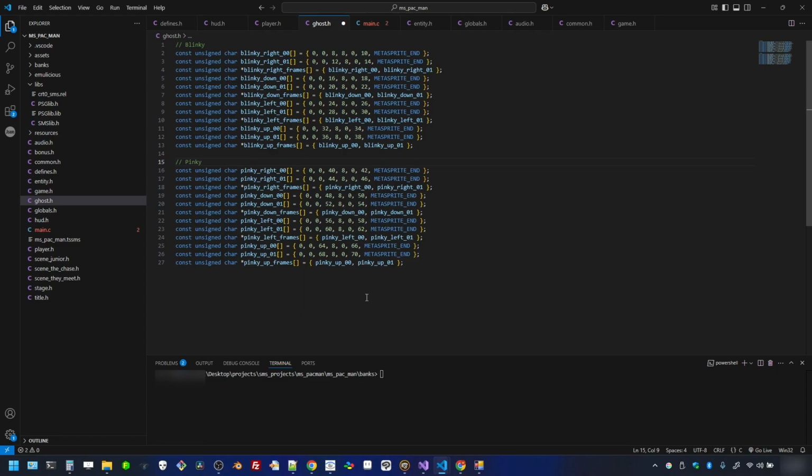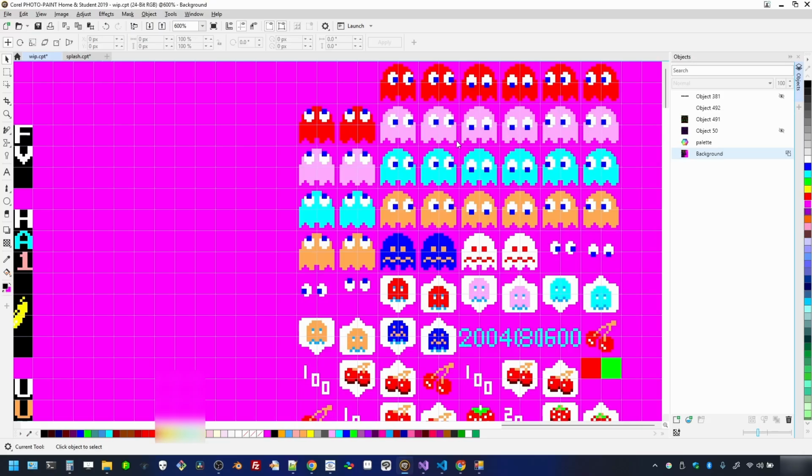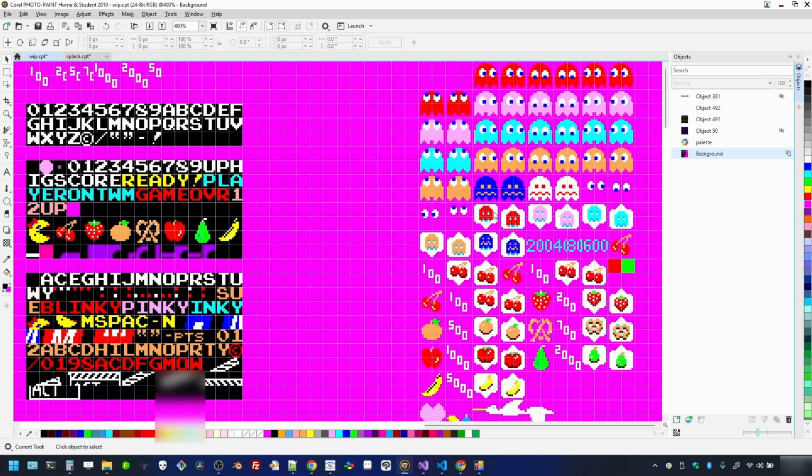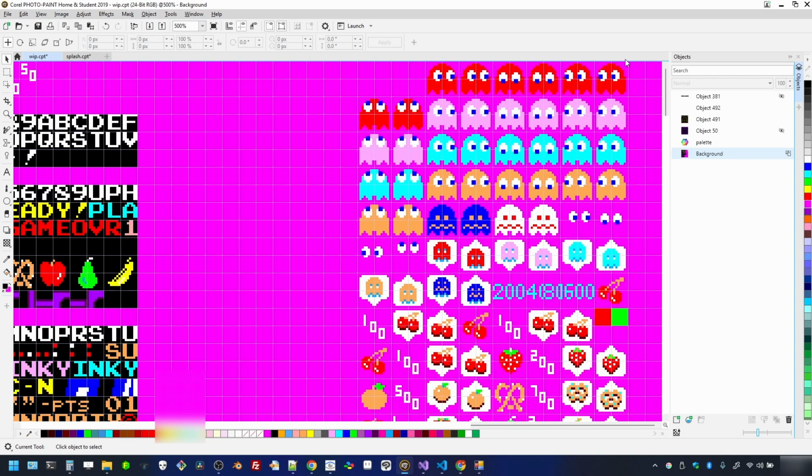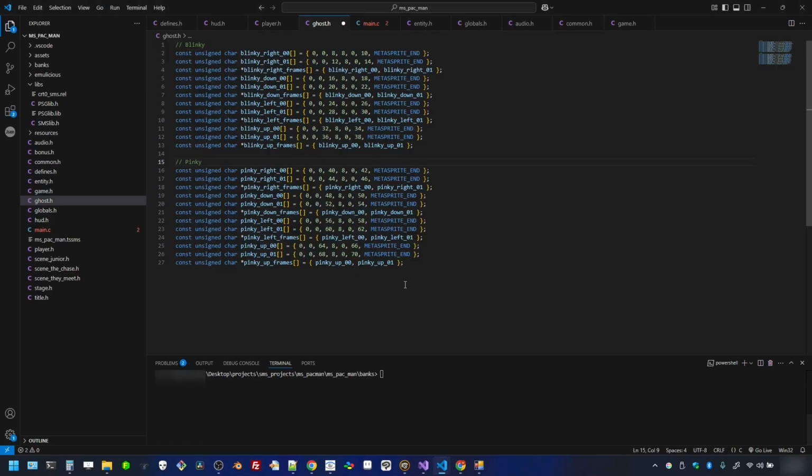We're going to do the same thing for Pinky. Pinky is next on the sheet, so this is what it would look like in our VRAM for the most part, is that it would start with Blinky, then Pinky, and then Inky, and then Sue at the end, and then some other graphics that we'll have to make metasprite definitions for. So that's all we're going to do here. We're going to go down the line again before we left off. We left off at tile ID 38. Now we're going to go to 40, 42, 44, and we're going to keep going down the line, and we're going to find our metasprites